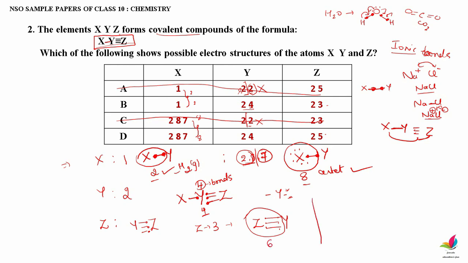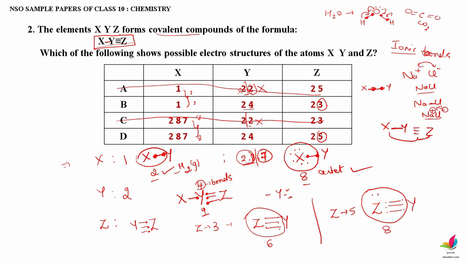In one more case, Z has how many electrons? We have seen 3 electrons; suppose Z has 5 electrons, 1, 2, 3, 4, 5. Then 3 electrons should be involved in bond formation, because it has to form a triple bond, right? So after forming the bond, the total number of electrons in Z will become how much? 1, 2, 3, 4, 5, 6, 7, 8. 8. So which is stable?